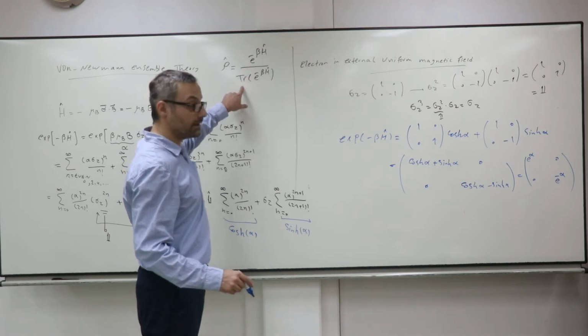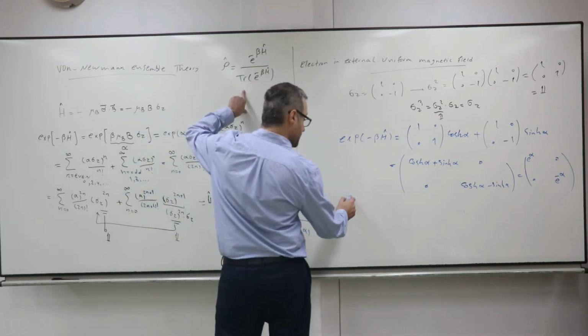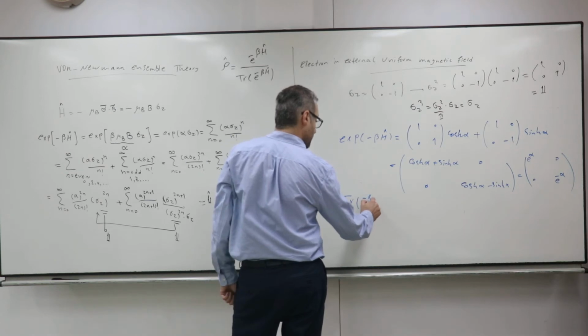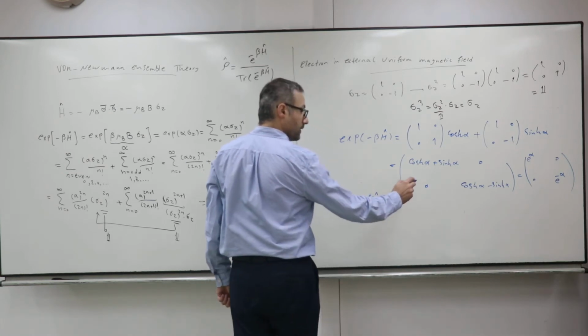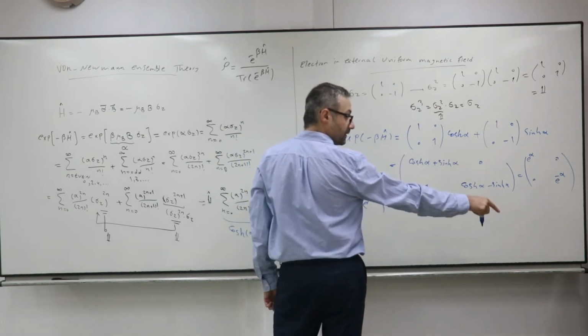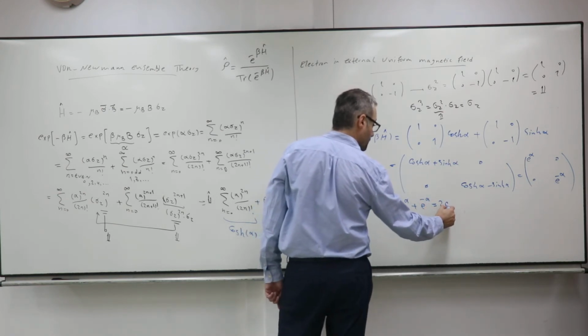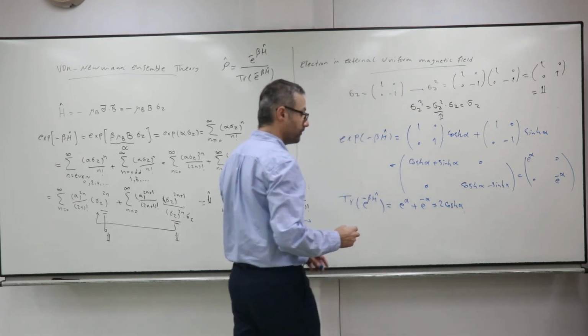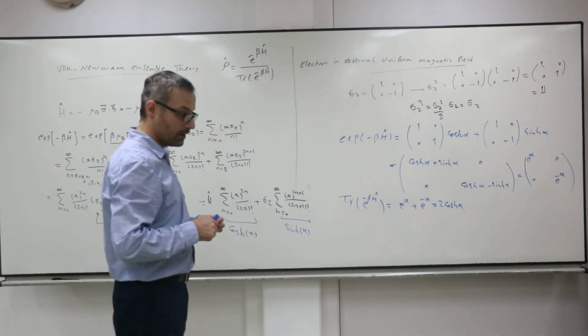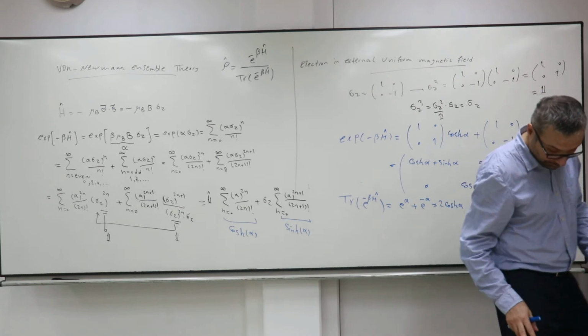And you need also the trace of this matrix. The trace of the exponential of minus beta h is just the summation of the elements on the diagonal, e to the alpha plus e to the minus alpha, which is 2 cosine hyperbolic alpha. That's all. So we find the